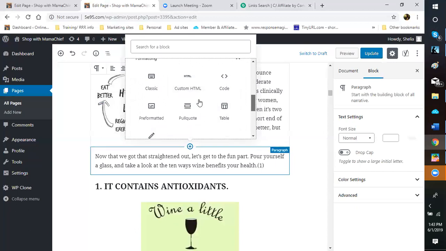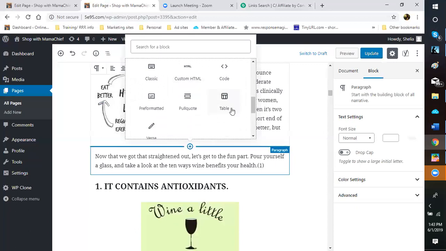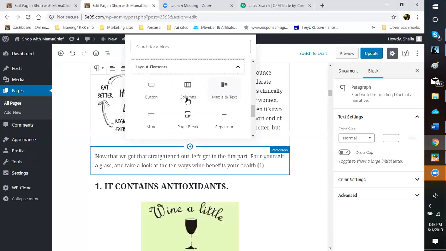You're also going to have quotes, tables, and quoted verses. Then you have your layout elements, where you have your button, which is great. You also have your columns, where if you want to do columns of paragraphs for a comparison, like step 1, step 2, step 3. You have your text and media block, where you can do a picture and words and